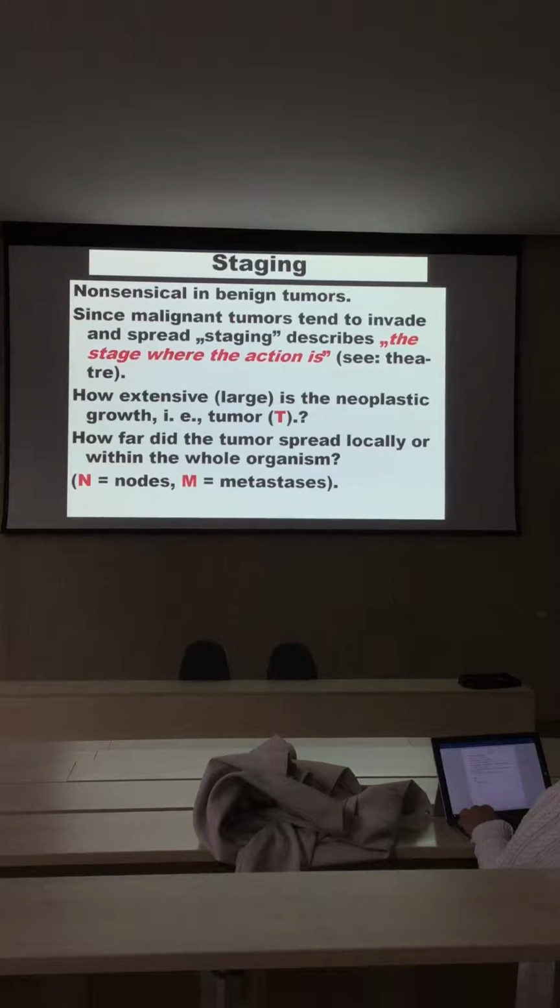Where does that drama, which is the neoplastic cell spread, happen in the human body? That's what staging is all about. Often, students mix the two things, grading and staging. But if you associate staging with the theater and the drama, because a malignant tumor is a drama, a fatal, tragic play,